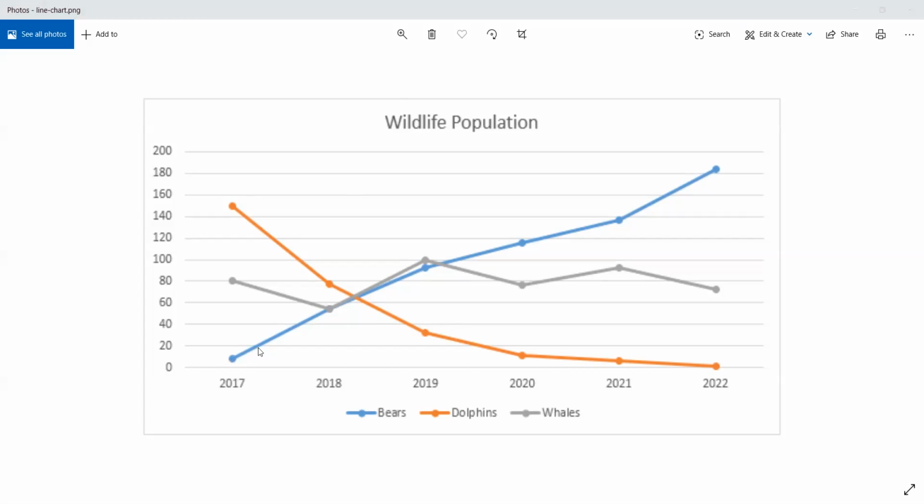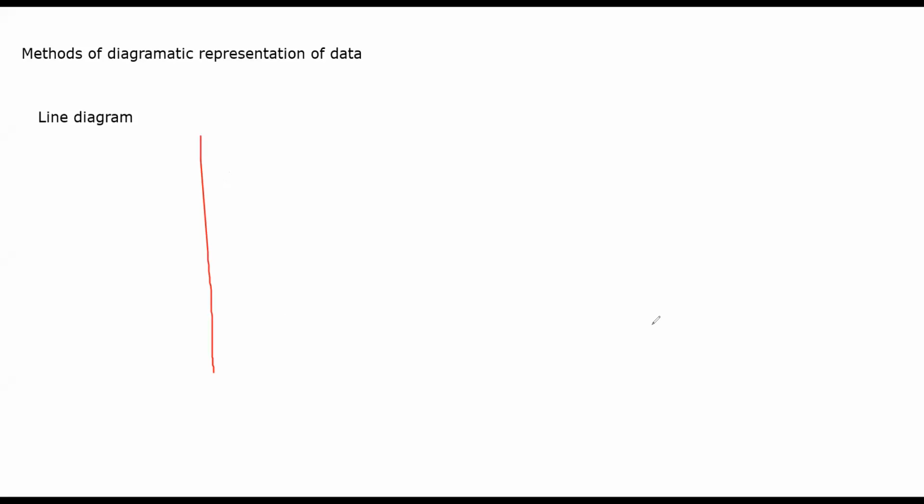See the small dotted points that you see at different places or in different years, that represents markers. You connect those markers to make a line diagram. All right, so that is one way through which you can represent data. Basically what they are doing is taking a graph and making different points.